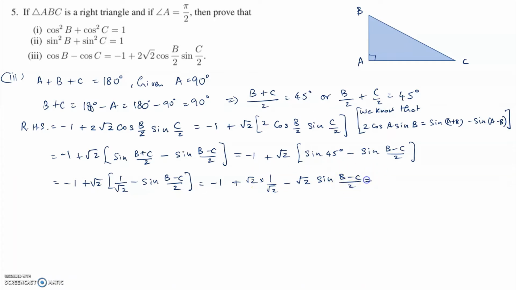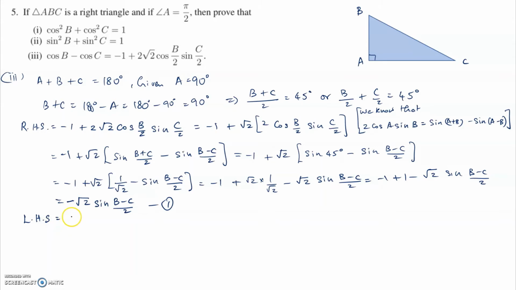Further simplifying this, this becomes minus 1 plus root 2 and root 2 will be cancelled. So this is 1 minus root 2 sine B minus C by 2. Minus 1 and plus 1 will be cancelled. So this is now equal to minus root 2 sine B minus C by 2. So let's call this 1. Now let's take the left hand side,